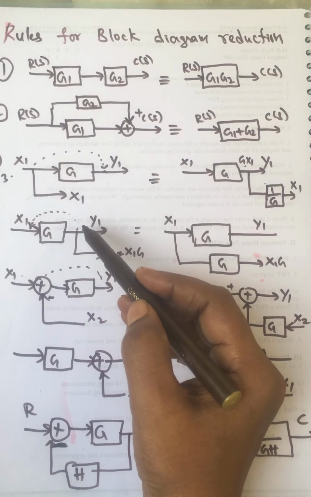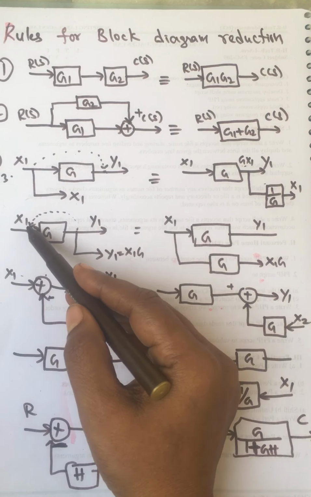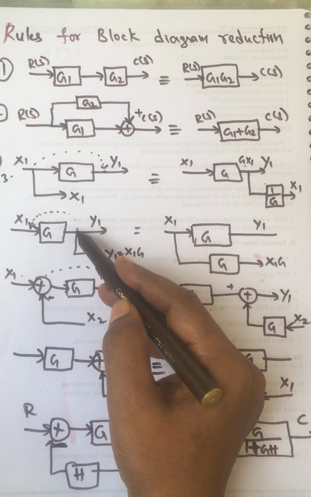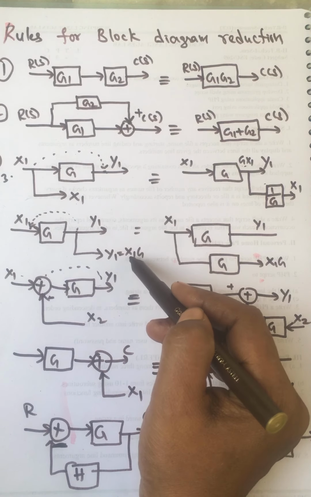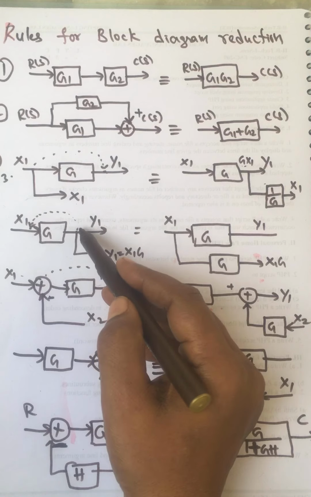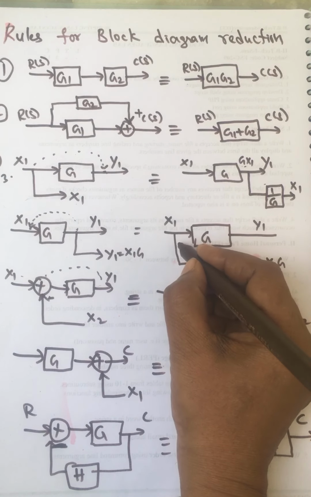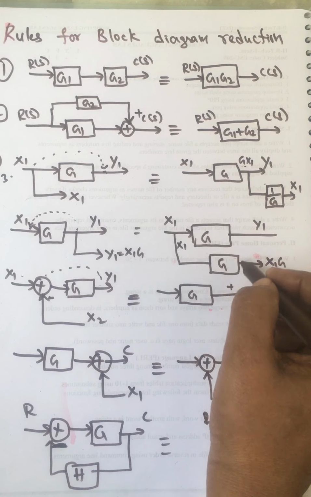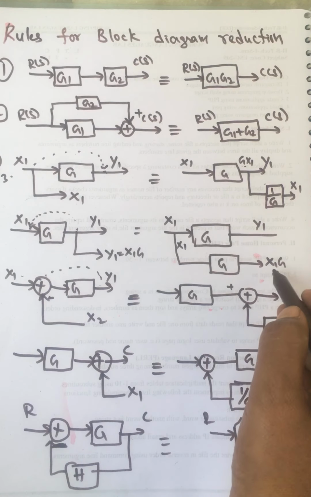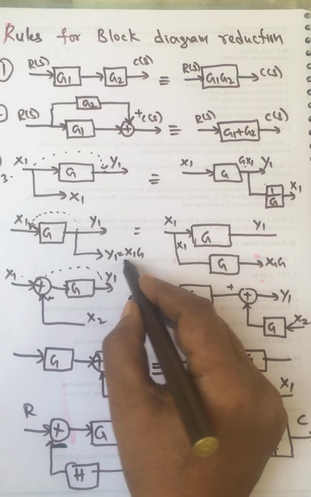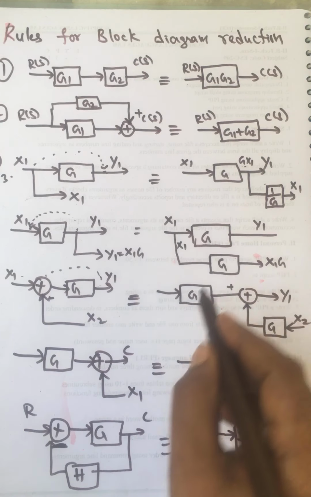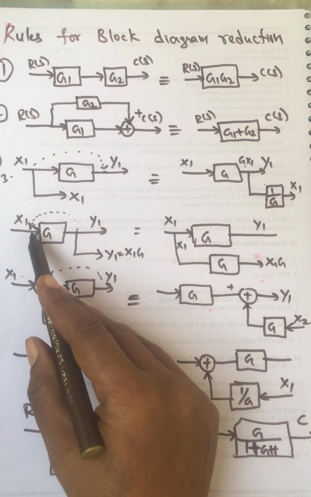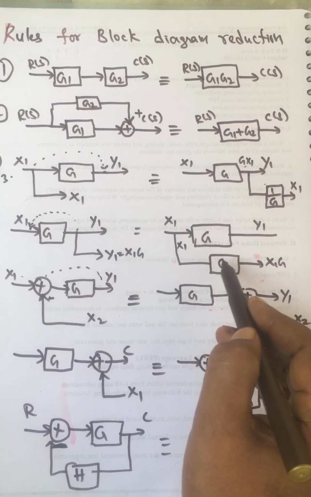Similarly, when we want to shift the takeoff point from after the block to before the block, after the block the signal value here is x1g. Now if you shift it before the block, the value here is x1, but we want x1g, so that is why we need to add a block with gain g, and then we get the same takeoff value, that is x1g. So whenever you are shifting a takeoff point from after a block to before the block, we need to add a gain g in the